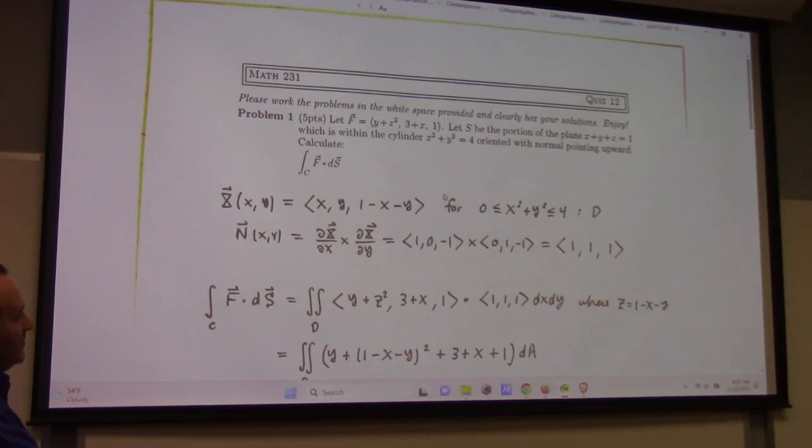When I calculate the normal vector field to the surface, take the cross product of the partial velocities, the result is very unsurprising, right? Because we're dealing with a plane which is part of a surface, so of course I